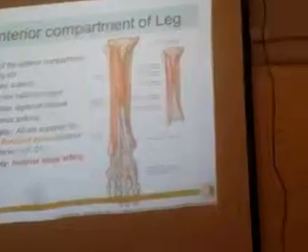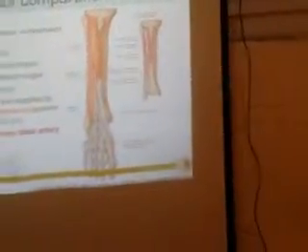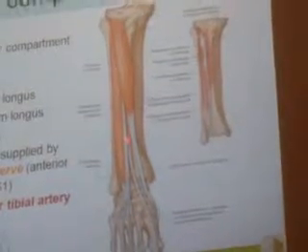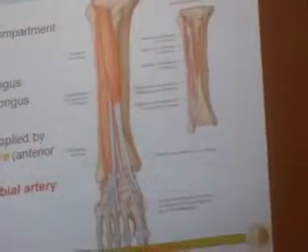Here also you can see the origin of this tibialis anterior. As the name indicates, it is in the front, and it again goes behind and gets inserted to something called the plantar aponeurosis. Like in the case of the palm, we have something called the palmar aponeurosis. Have you studied it? Yes. It is triangular in shape. Similarly, in the foot also, there is something called the plantar aponeurosis, again a modified deep fascia.